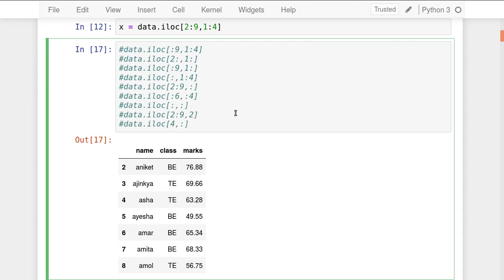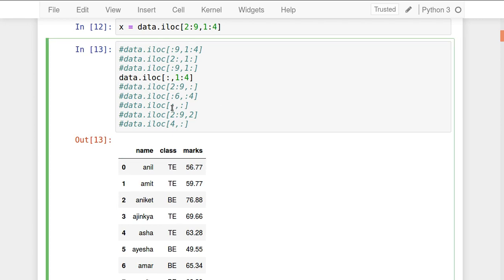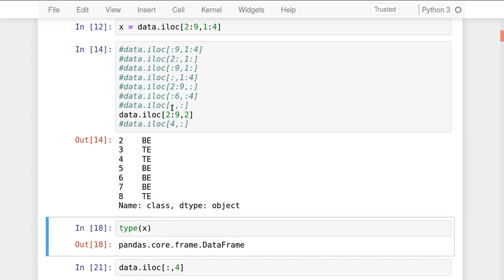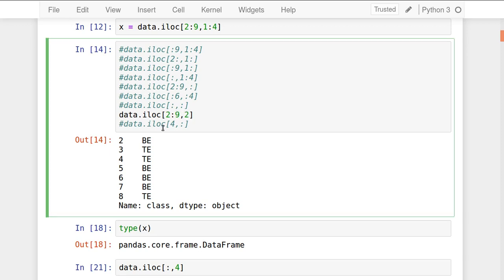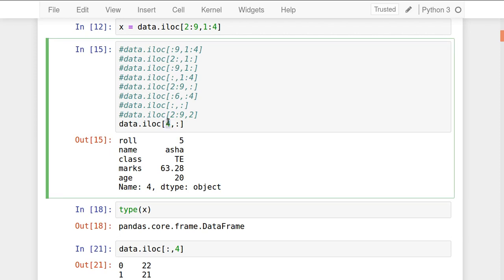Let's see this operation here. So what it shows: all the rows and column number 1 2 3. Yes, see, all the rows and column number 1 to 3 are name, class and marks. Okay, so I'll put it in a comment again, and I want an exact row or exact column, so don't give a colon there. See, row number 2 to 8 and column number 2. This is column number 2, which is class. Okay, fine. So in this way we can access it, and if I use this method, exactly row number 4